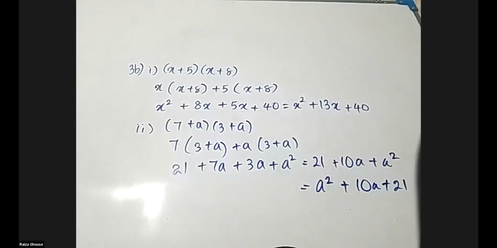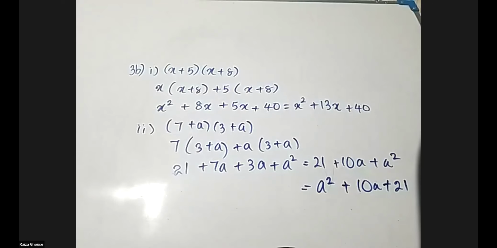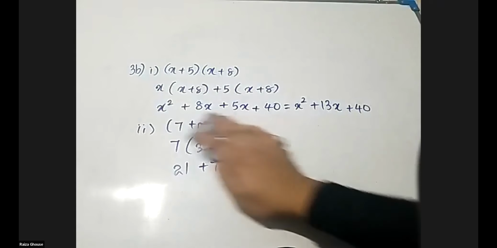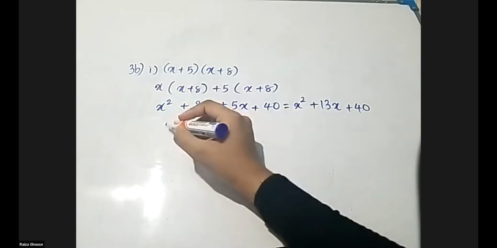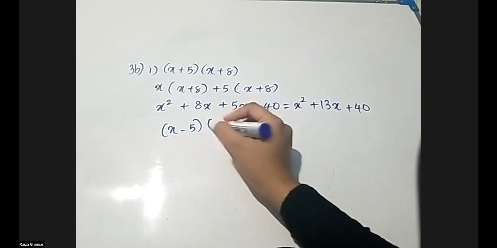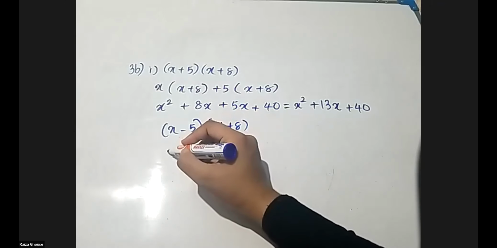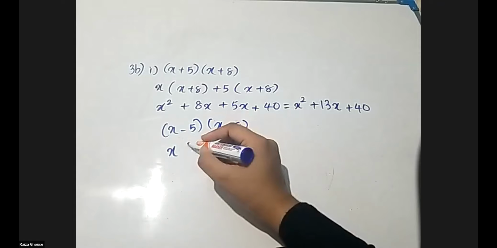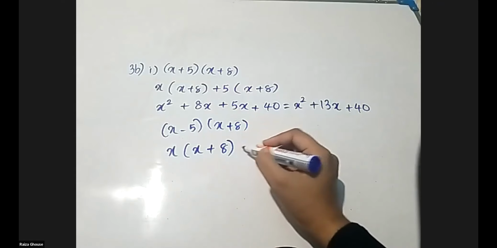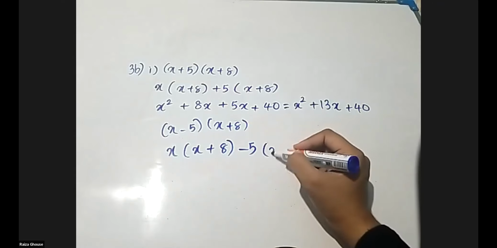Now, Roman number 3, you have to be very careful. Positive and a negative symbol is there. So now I'm going to erase the board. Okay, I'm erasing. Positive and a negative symbol is there. So look at the board very carefully. I'm going to solve this. First term of the first bracket, second bracket. Second term of the first bracket, second bracket.